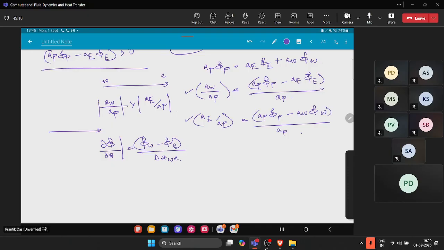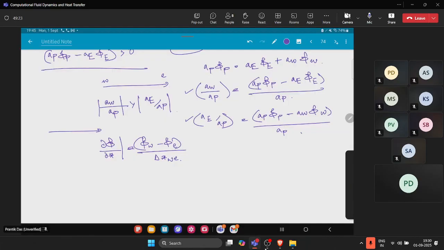So if I put the value in that manner, if this one is positive, then if I put the value of phi W here, then this is basically AP phi P minus AE phi E divided by AW,